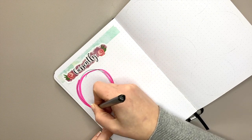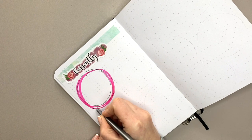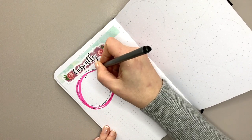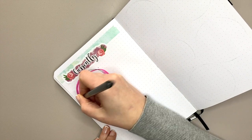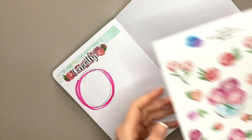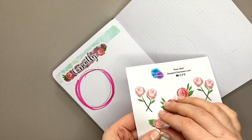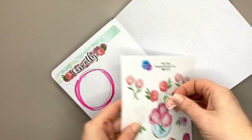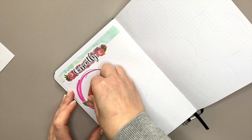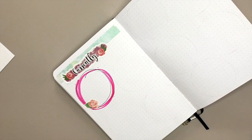I top that marker with just a fine liner with a little bit of black and some dots. You know, probably from a lot of my sticker sheets, that black streaks and dots and anything that looks kind of loose and freeform is really just something that appeals to me. So these were super easy to draw, and I'm going to be doing a lot of them, so easy is good. With the circle down, I'll go ahead and add in a little rose for an embellishment,